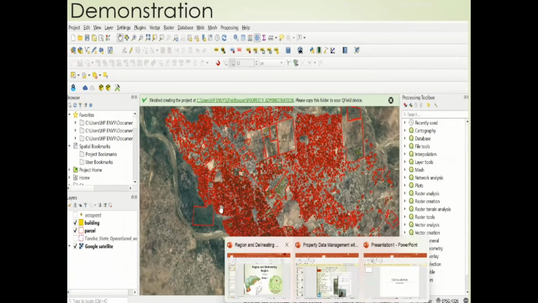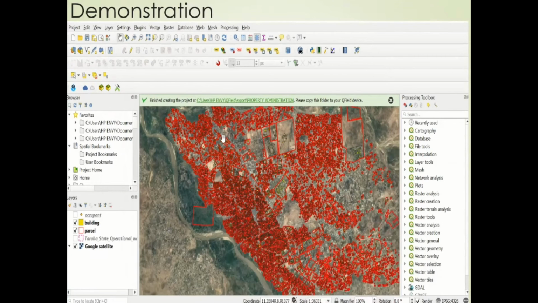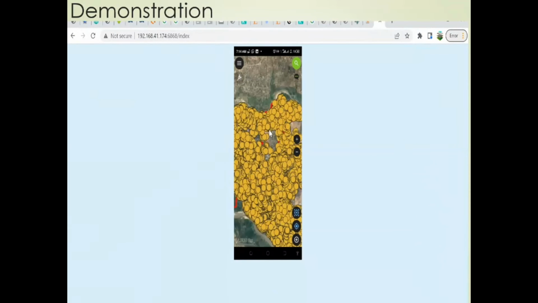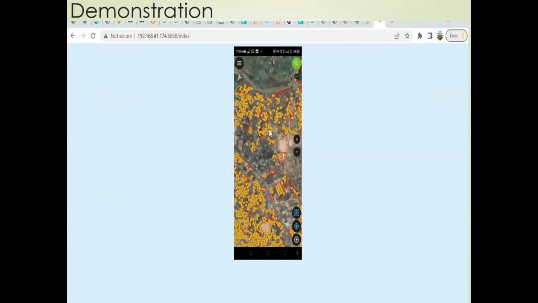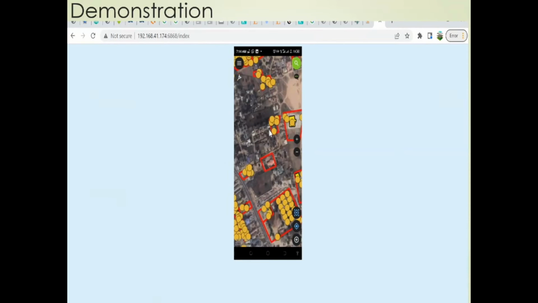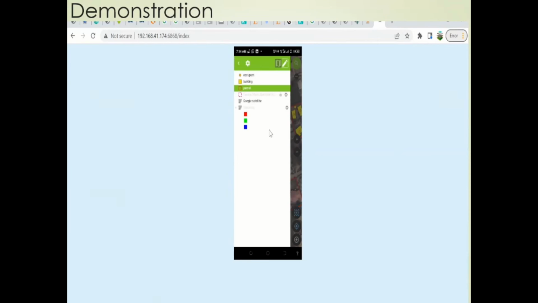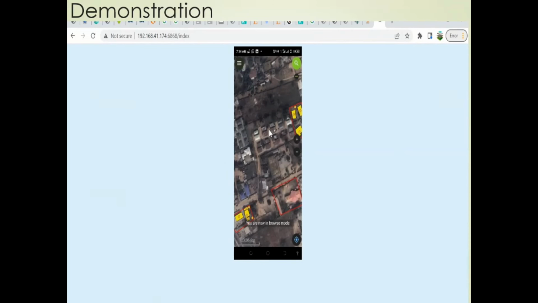Having sent the QField project, we have it on the mobile app, and we have different properties and collected data being displayed. At the top we have the catalog of different layers, as well as base maps that have been set up. As you can see, we have the occupant, the building, the parcel, and then the field officer can